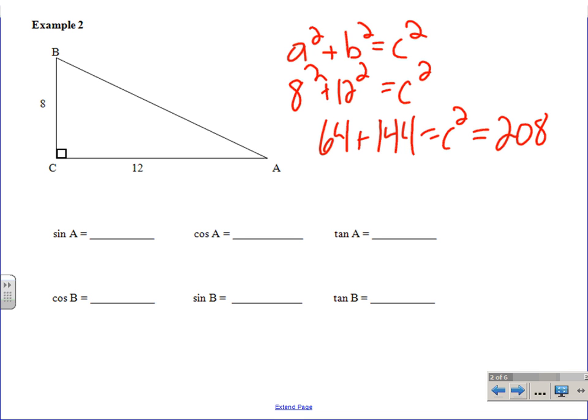Yeah, we got to take the square root, right? Now, is 208 what's called a perfect square? Is that something that I hit the square root button on my calculator and it gives you a nice whole number? No, it doesn't, does it? Now, here's the case. In geometry, I would say, oh, just go ahead and get the decimal, close enough. Nope, not in here. We have to simplify that. Okay? Which means we have to